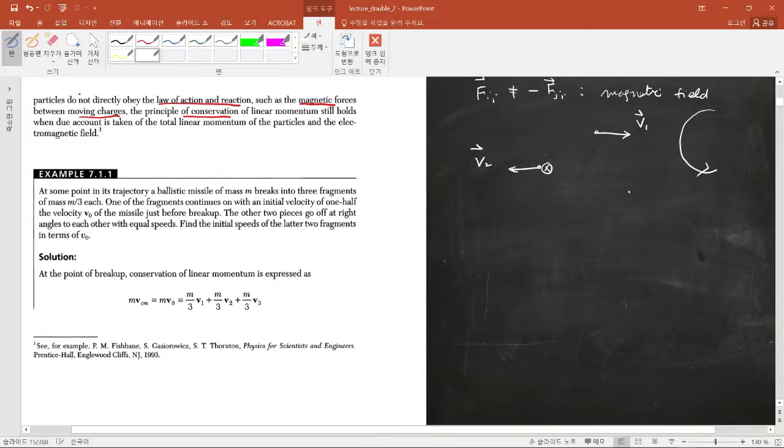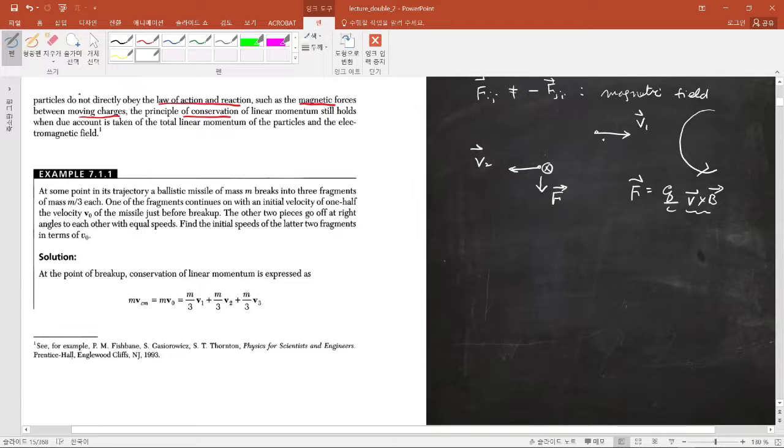So according to the formula, it is Q over C, V cross B, the Lorentz force. So the Lorentz force in this case is equal to what? V cross B is going into the board, so V going in. By the right hand rule, the Lorentz force acts like this. Okay, so that is the Lorentz force acting on particle 2 in the presence of a magnetic field created by